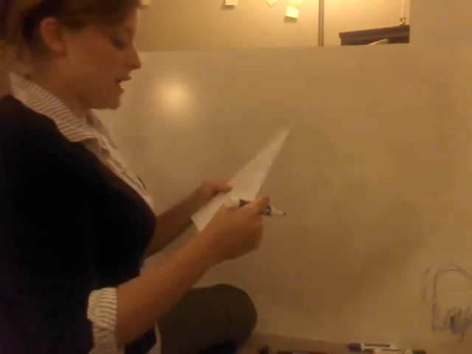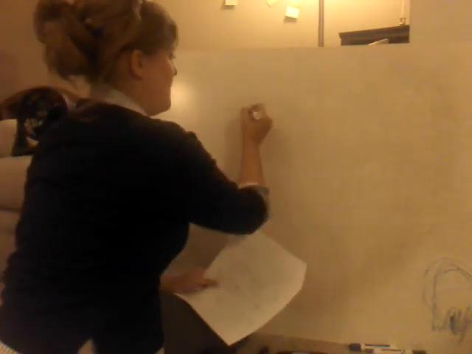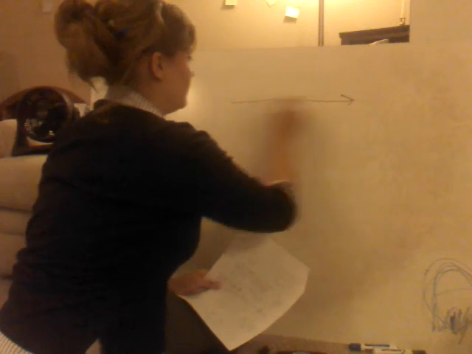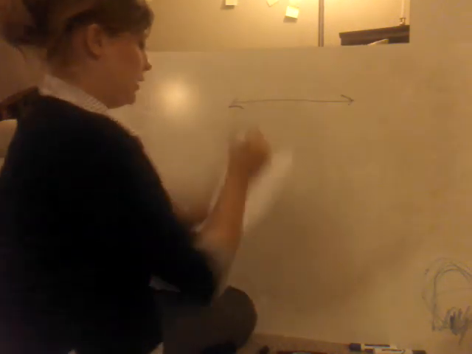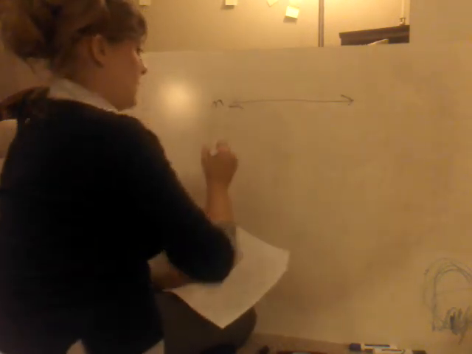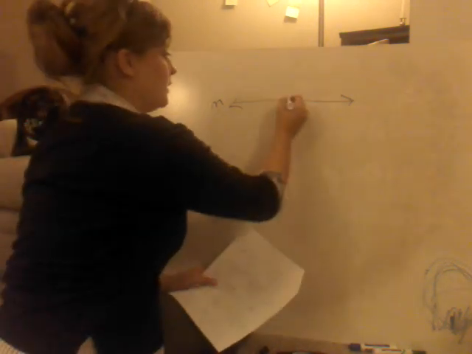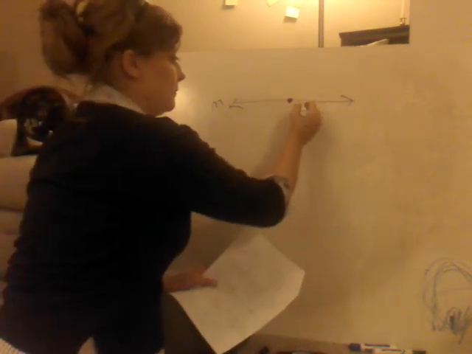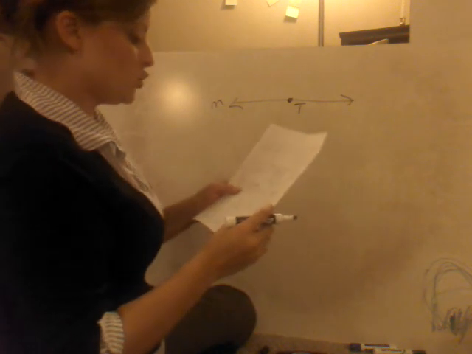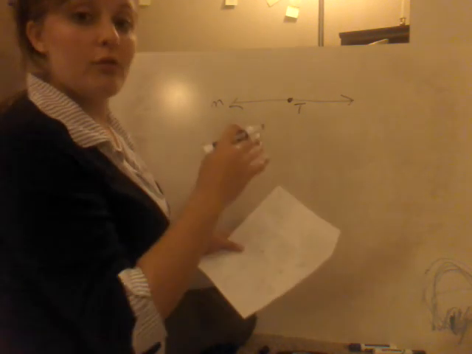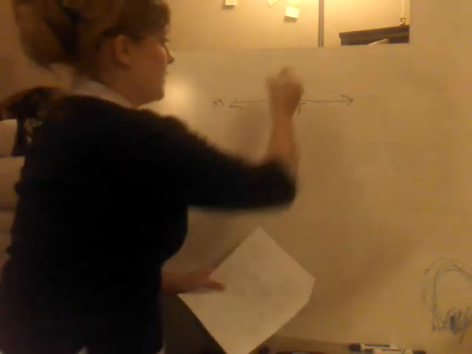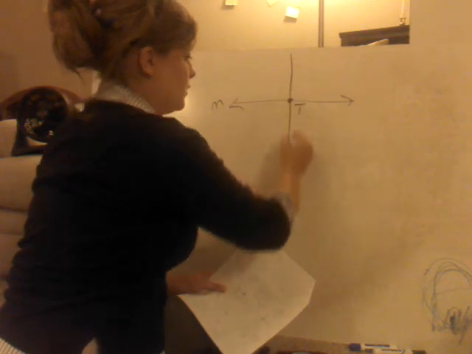Alright, next up was number 11. I wanted you to draw a line M. I'm going to label it. There's my M. Now label a point T on the line. So here's my T. Next, draw a perpendicular line through point T. So literally, straight down,